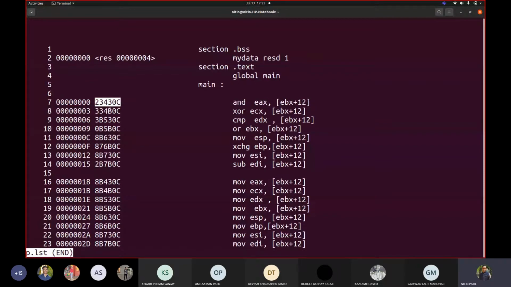Correct. Now let us concentrate on this. If you see what is common between all these 16 instructions, 0C at the end. It is for 12, correct? Because we are considering these two numbers. Even if I take this move, for example, and compare this A to B, this A to B is the same. So this means this is the opcode for each instruction that is added.